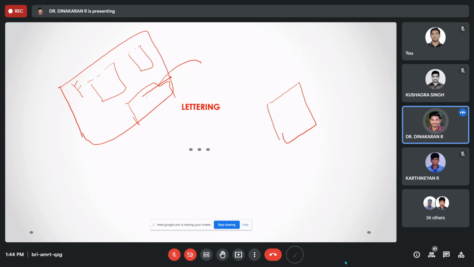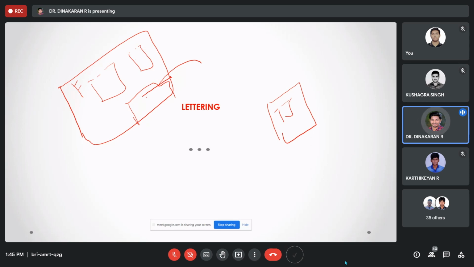Lettering comes under all the parts; the bill of materials also comes under lettering. Without lettering we can't explain. If we just draw, we know it is a rectangle, but we can't mention the dimensions, so the manufacturer or assembly person will not understand the concept. You would know it is a rectangle but not the sizes.